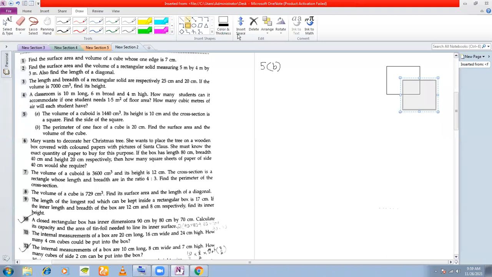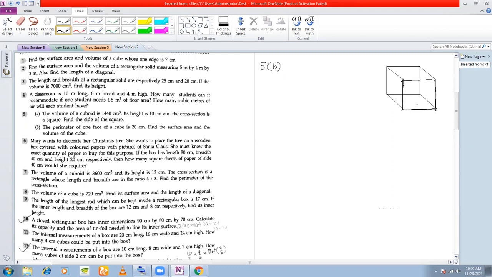One face, the perimeter of one face is given. You can take any face as the one with the given perimeter. How many faces does the cube have? It has 6 faces, right? And let us say that the perimeter of this face is given. You can take any face you want.